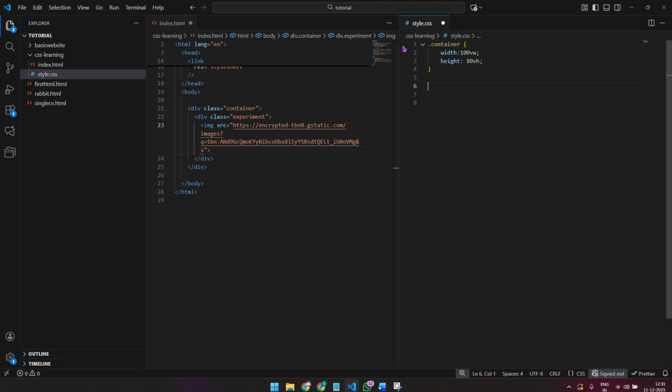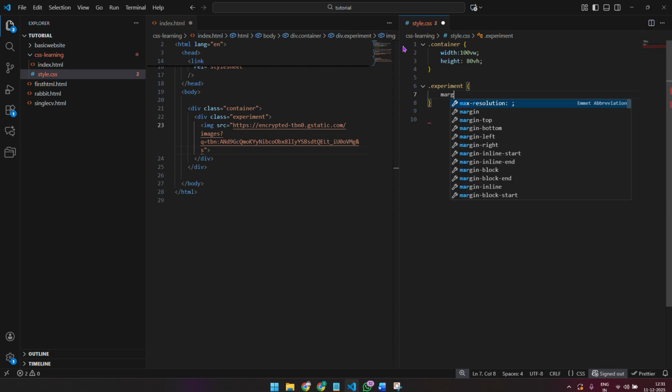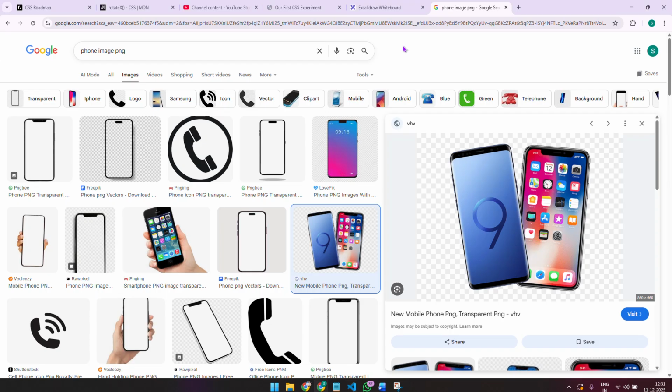Now I want our dot experiment to have a margin, margin left auto. I'll just do that. Now if I go here,